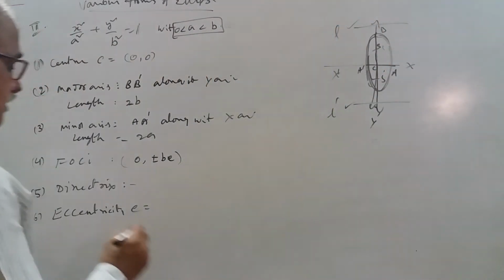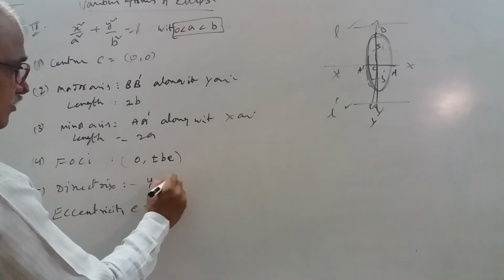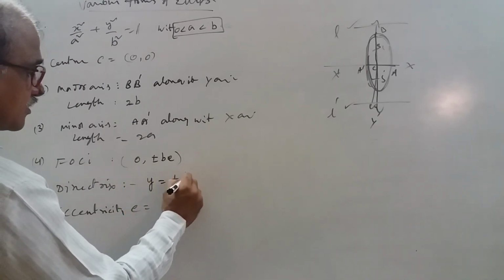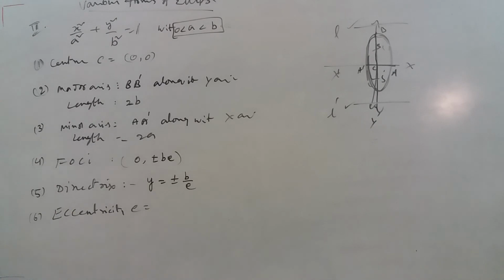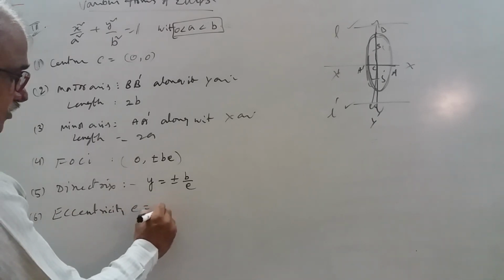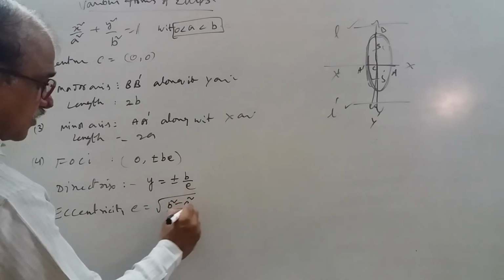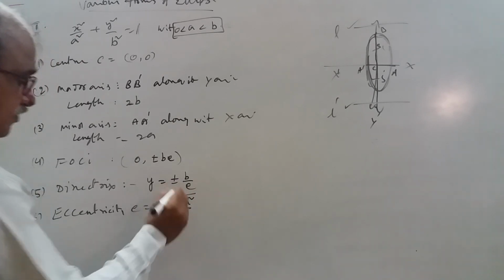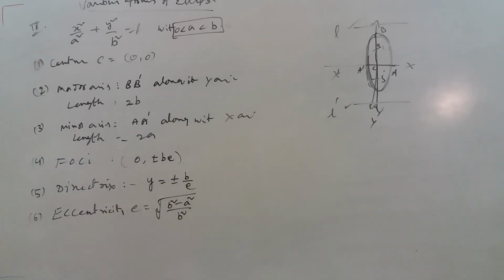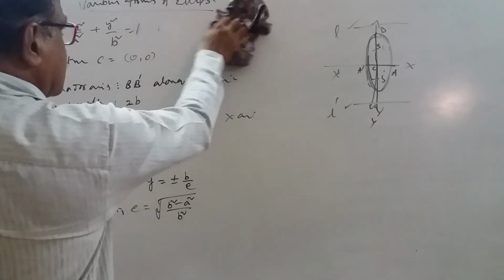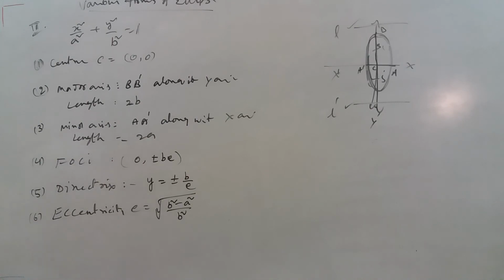It is y equal to plus or minus b by e. Similarly, eccentricity e is equal to root of b square minus a square by b square. I already explained why it is. Okay. In the third case, if the center changes